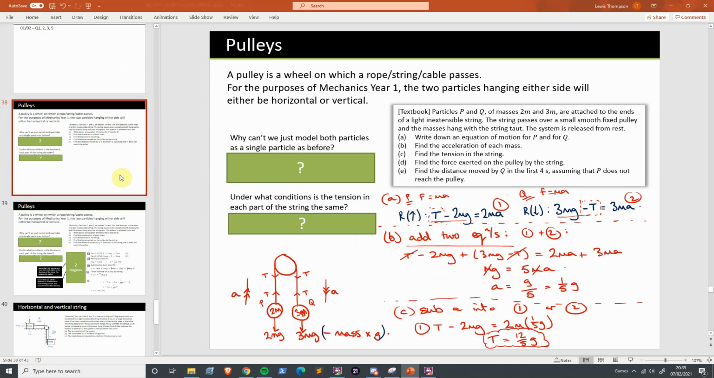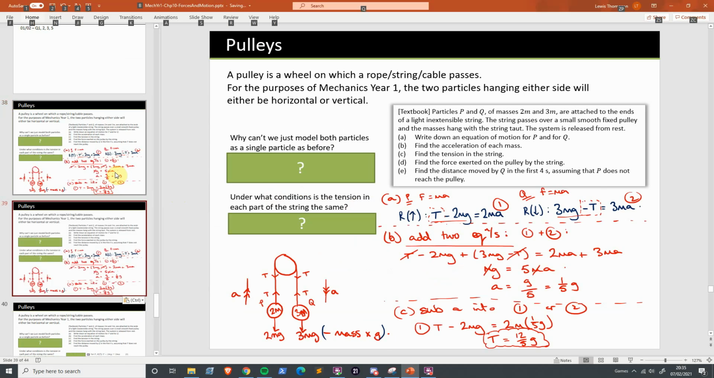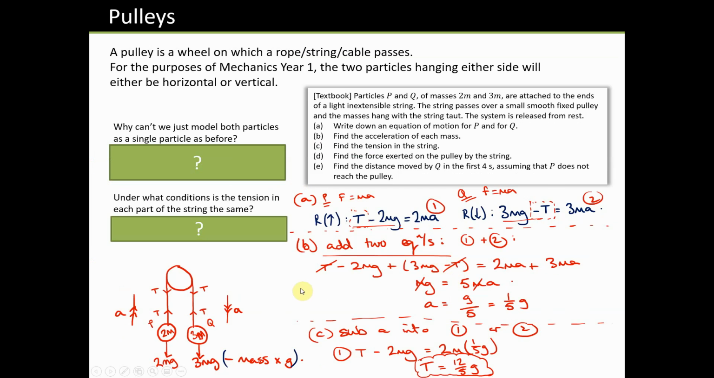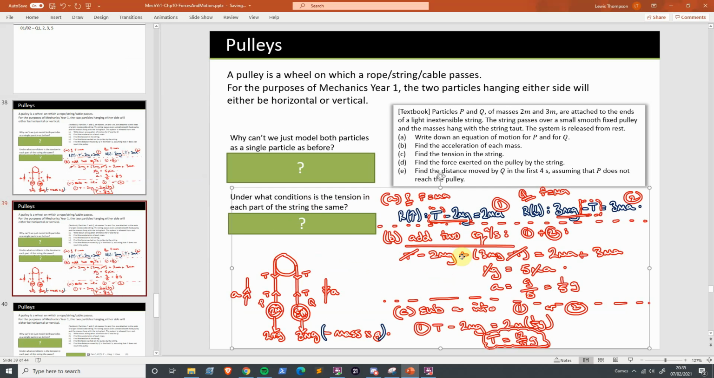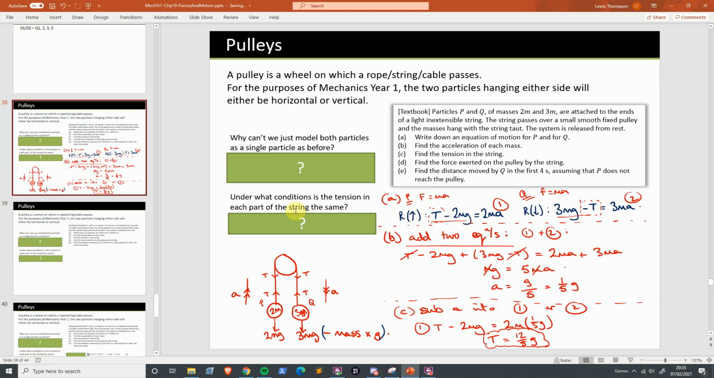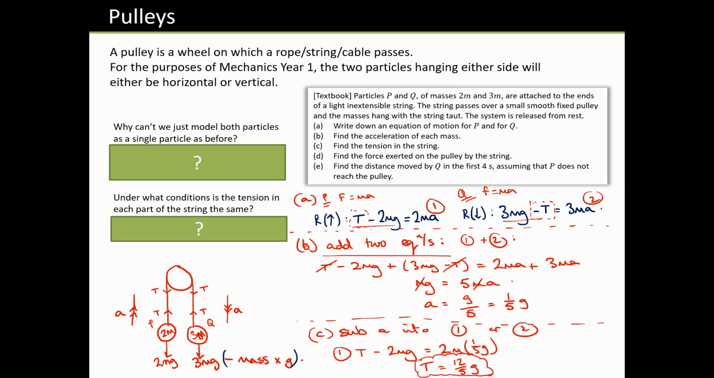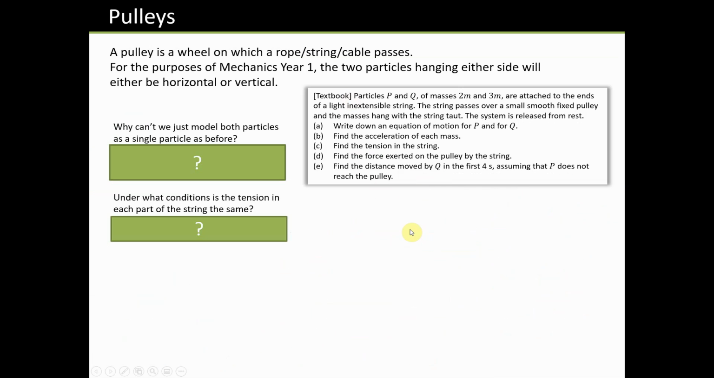I'm just going to grab another slide. Okay, so what have we got from this question? We've got tension, we've got acceleration. So when I get to my new slide, I will write out tension and acceleration. We got acceleration as a fifth g, and we've got tension as 12 over 5g. If I quickly get my diagram back,